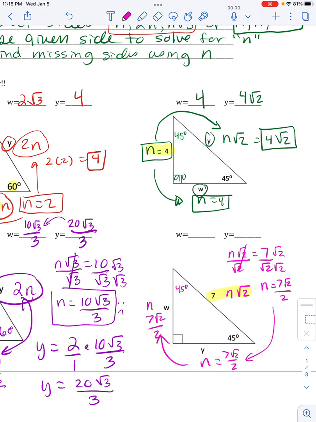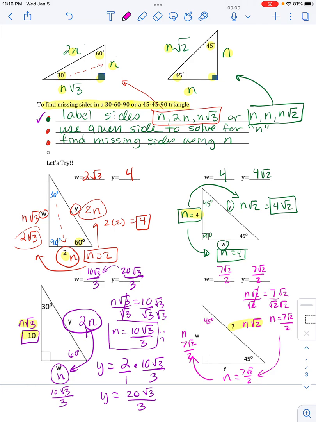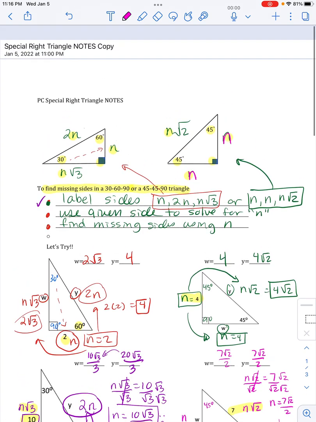So in this case, because it's a 45-45, my w and my y side that they labeled are identical, because that's how the 45-45 triangle works, the two legs are identical. So hopefully that helps you